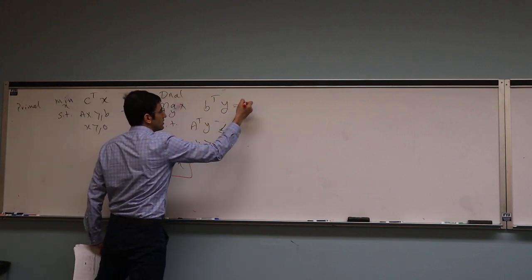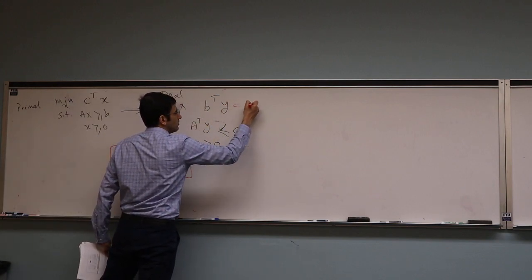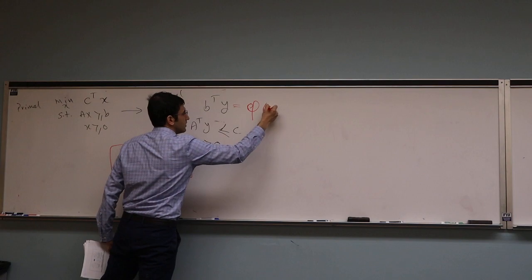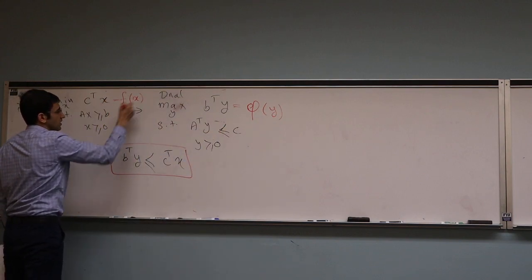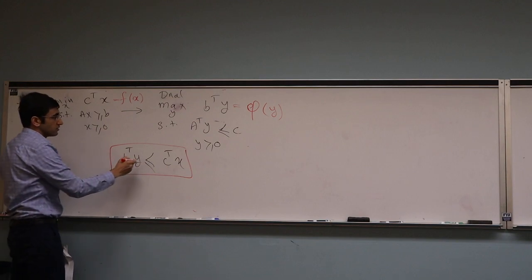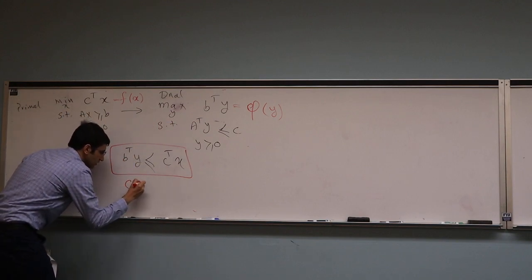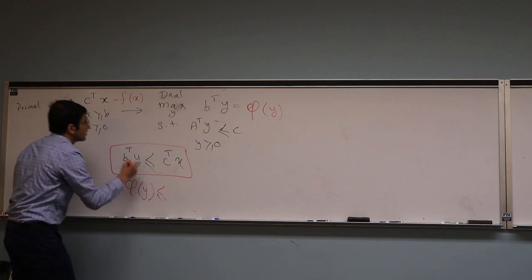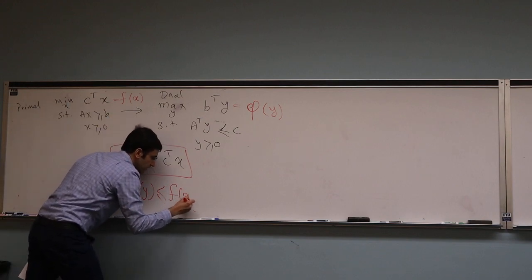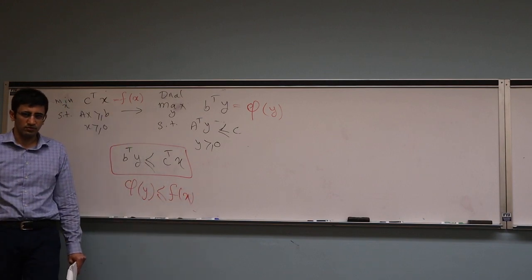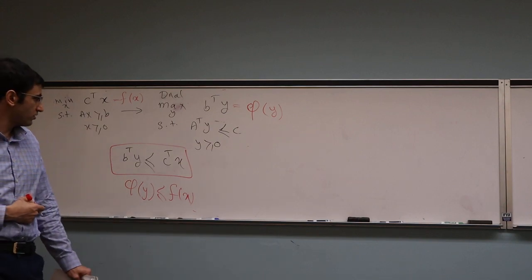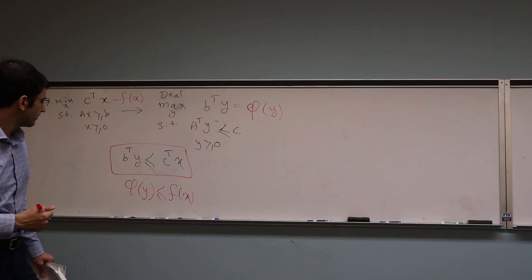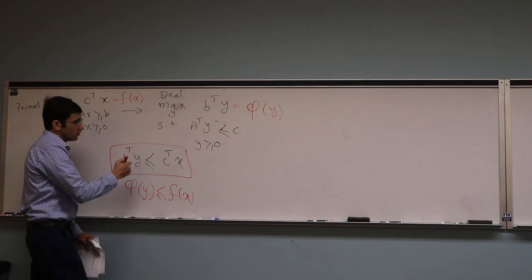Let's call this phi of y, and let's call this f of x. So it tells me that phi of y is less than or equal to f of x at any certain point. What it translates in terms of the solution that we have is